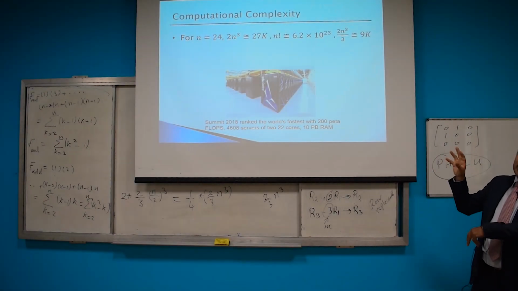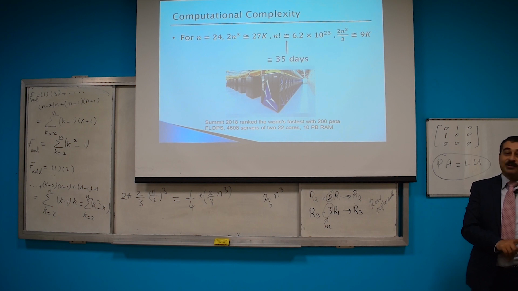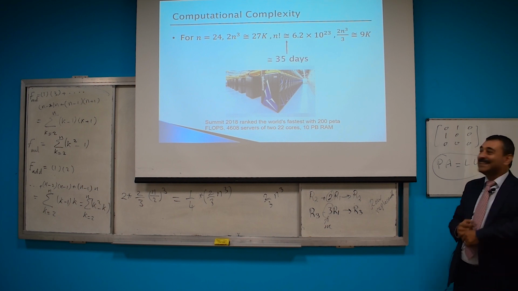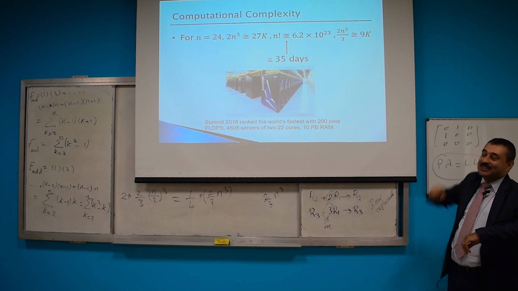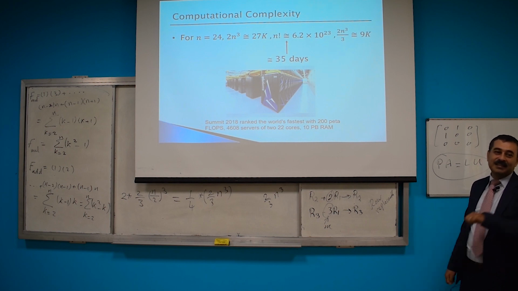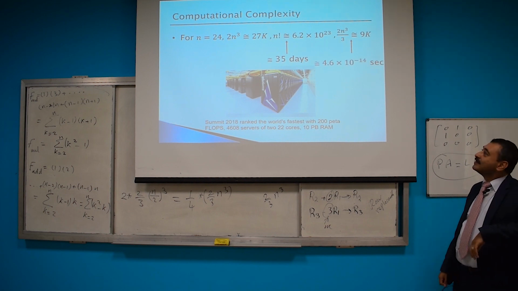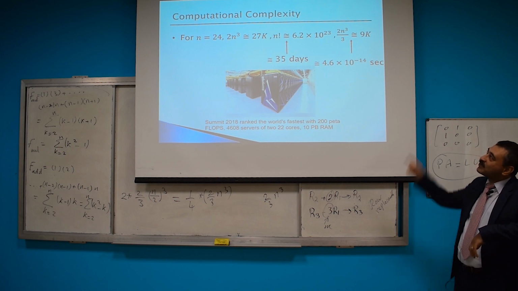طب even if you have this supercomputer and you want to find the inverse using the Gauss-Jordan method, fractions of seconds؟ لا هياخد days برضه، عشان النمبر ده very large، اللي هو 10 to the power 23 flops. فالـ Gauss-Jordan method حتى مع السوبر كمبيوتر هتاخد days. انما عشان تجيب الـ Gauss elimination طبعا ايه؟ مفيش. الفاكتوريال ده رهيب. بص النمبر قد ايه؟